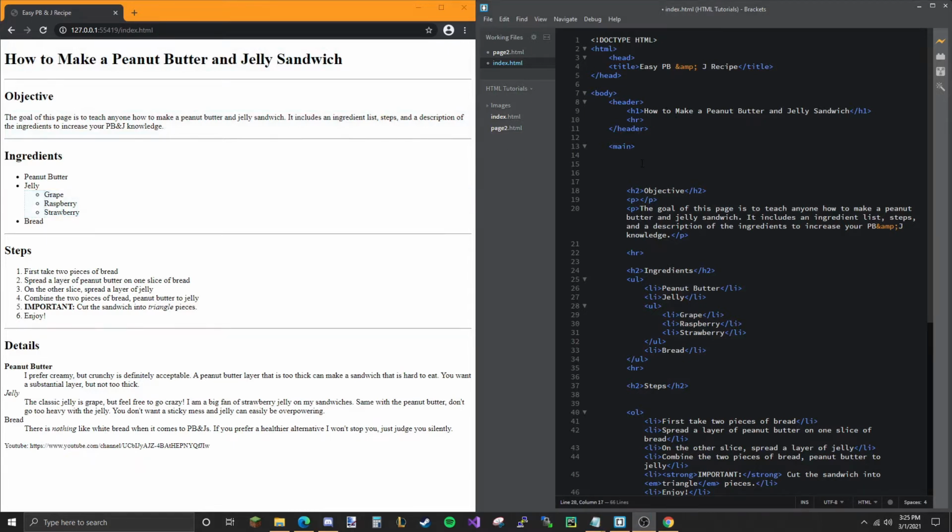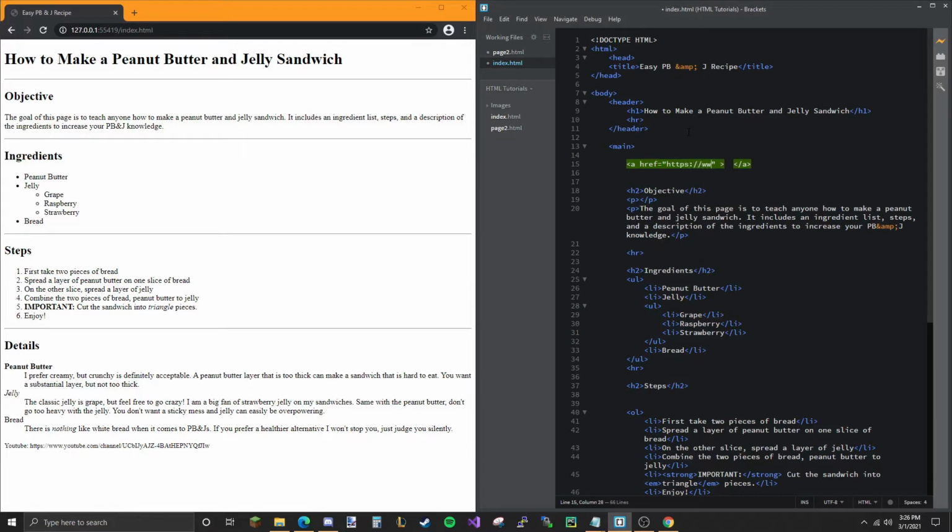One of the most important parts of the internet is having links. So to do that, we're going to use what's called the anchor tag, which is just an A. So the anchor tag requires an attribute. An attribute, remember, is anything inside of these two brackets. And it's called href, which stands for hypertext reference. So if we do href equal to